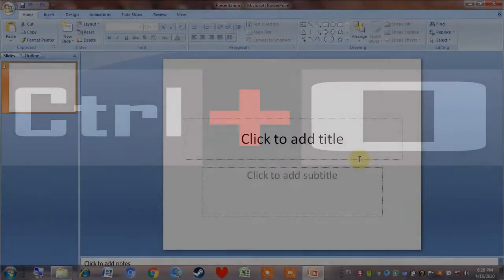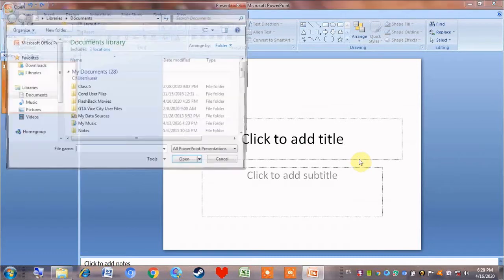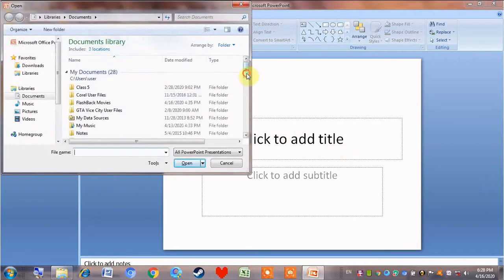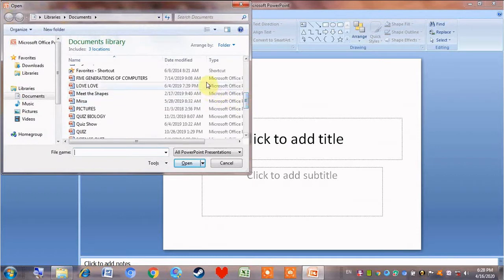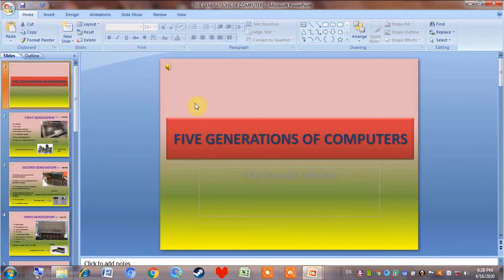Third shortcut, Ctrl+O to open a presentation. So let's open a presentation. Ctrl+O. I have saved some presentations. Let me open 5 generations of computers. Let me click open. This is used to open a presentation much faster. So next shortcut,